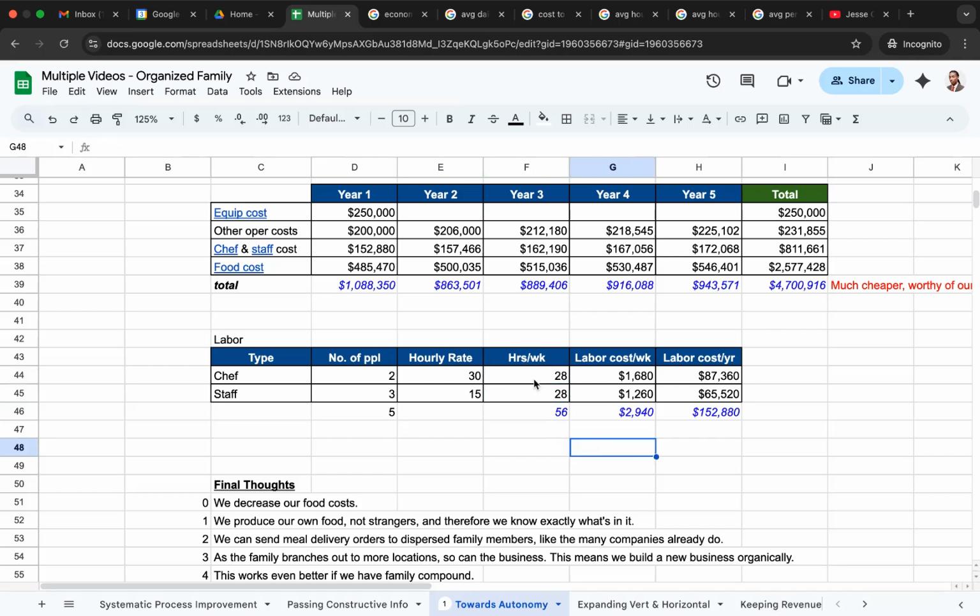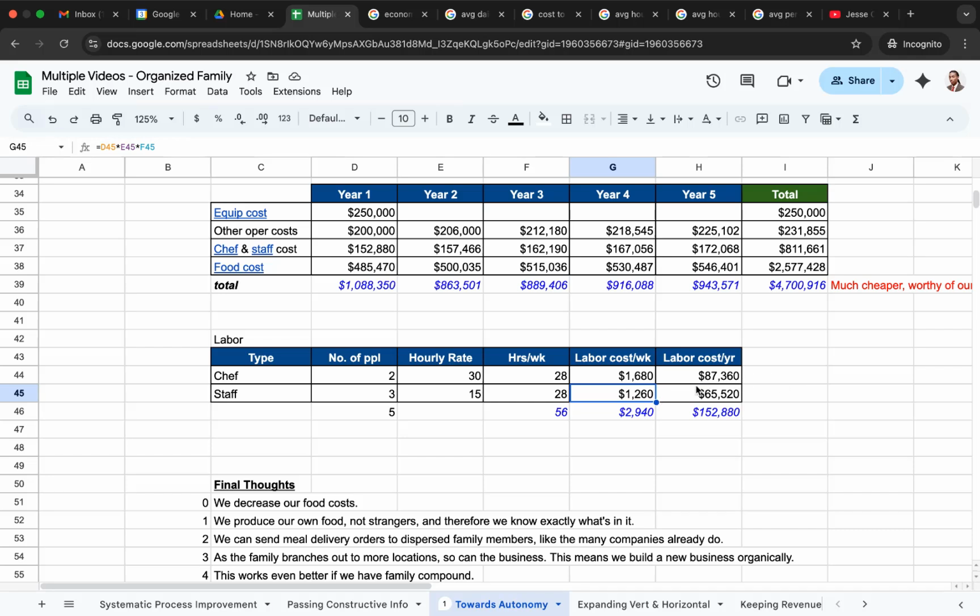So if we multiply these out, the 2 chefs times the $30 per hour times 28 hours per week, then we will be paying the chefs about $1,600 per week. We do the same calculation for the staff, we'll be paying them about $1,200 per week. And if we multiply all of this out